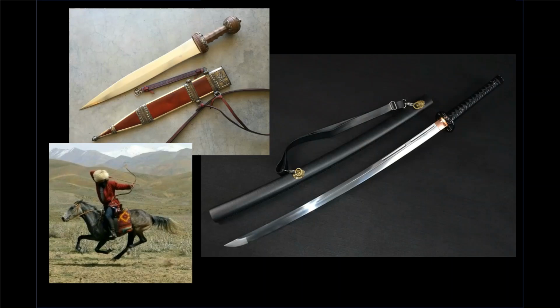The gladius, katana, recurve bow, these are all designed for the organizational and fighting styles of the men that used them. Fighting as one of the Khan's horse archers, or as a samurai for your daimyo, or as a member of a Roman legion, these were all very different undertakings. And these weapons, besides being grammatically and logically correct for their intended uses, were also expressions of the environments and the peoples that created them. They were works of art.